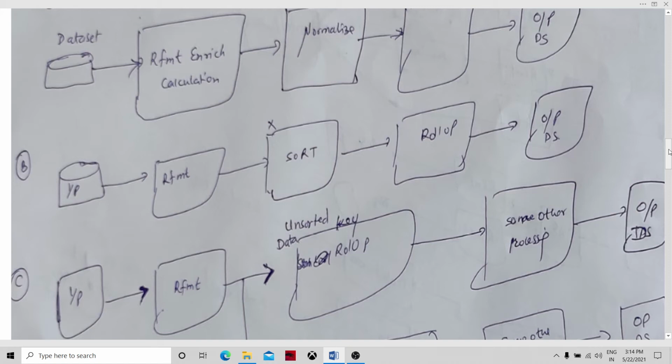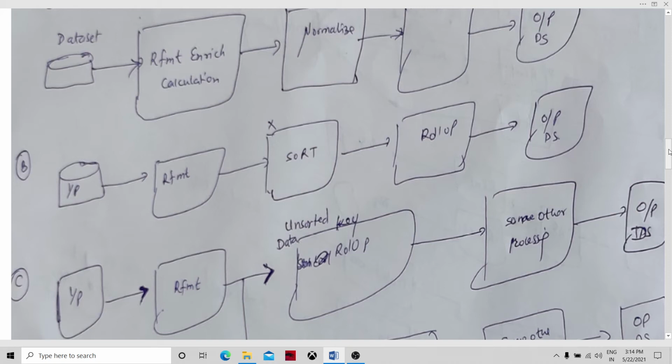Until that, a sort cannot say that I have sorted the data for a particular group and I can release the data for the downstream processing. Therefore, sort has to manage its algorithm, or it has to manage its memory, in such a way that it can hold the memory, or if a record set or a data set is used, it can spill to the disk. So this will degrade the performance, and it will basically break the pipeline.